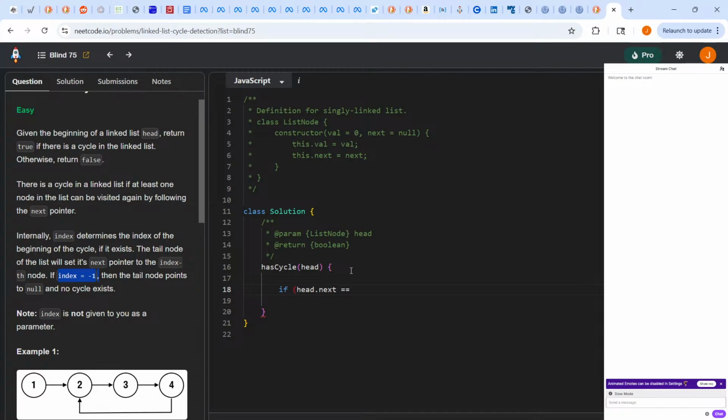Yeah, I don't know what it's trying to really tell us with index, but I'm just going to say the next value is -1. And if that's the case, return next. And then else, how could we do this with the fast and slow pointer? So,